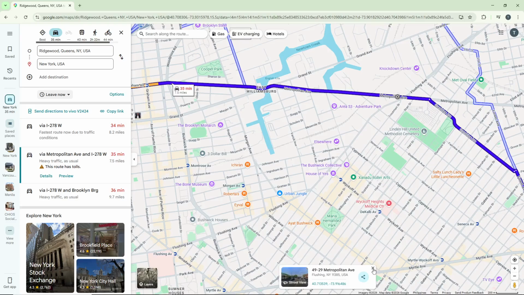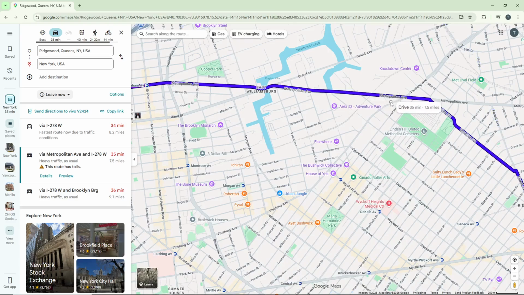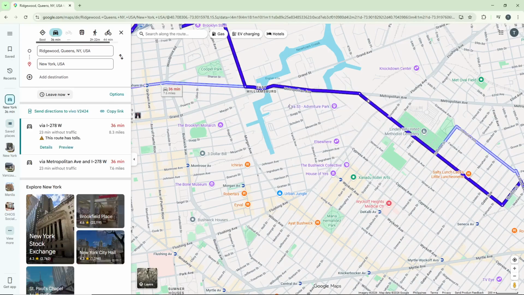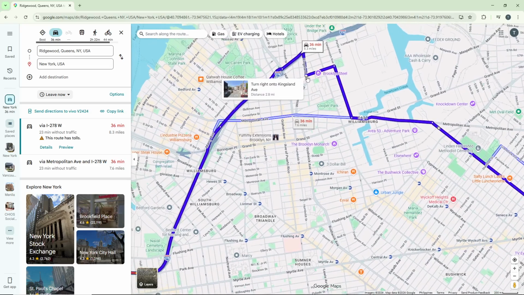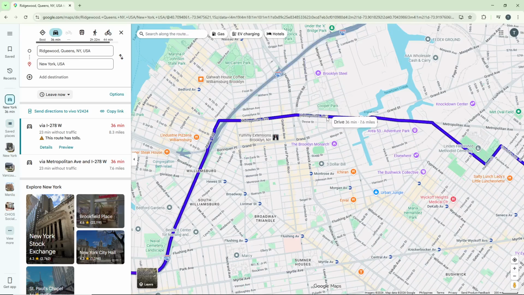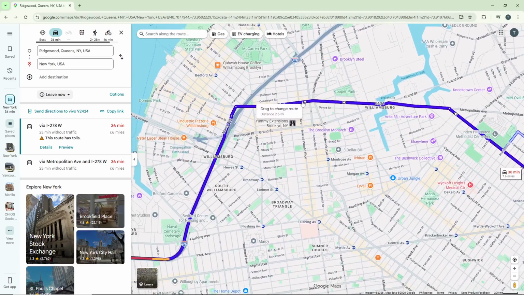Once you're hovering over the route, click and hold your mouse button, then drag the route to another street or location on the map. As you drag, you'll see the route dynamically adjusting in real time. Release your mouse button once you've positioned the route where you want it, and Google Maps will automatically recalculate the path to incorporate your change. This feature is perfect for customizing your journey to meet specific needs, like stopping by a friend's house or taking